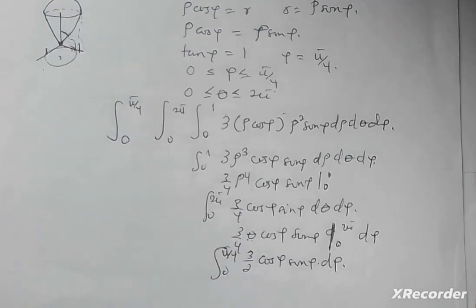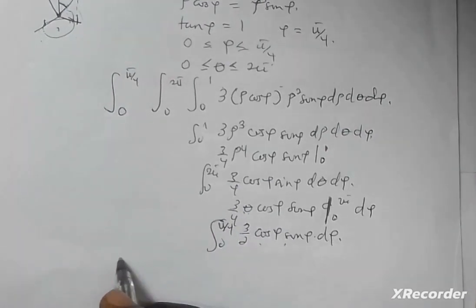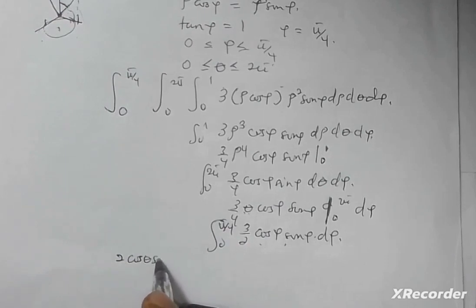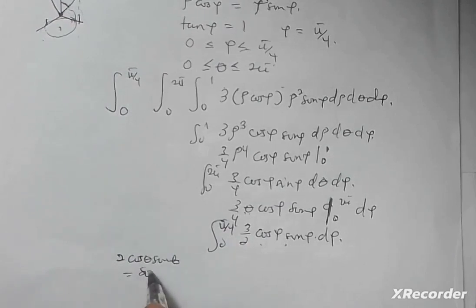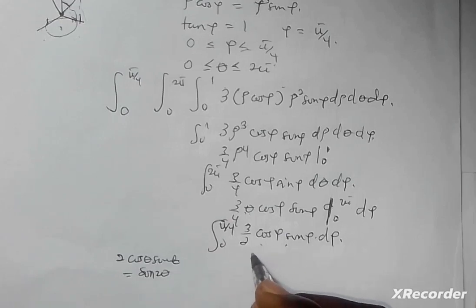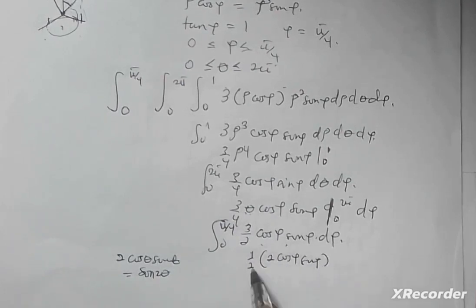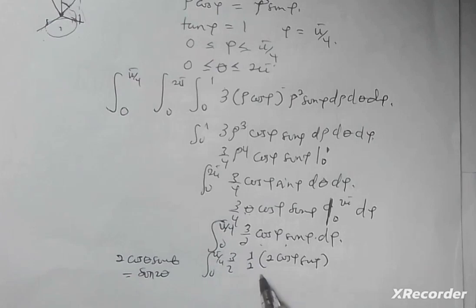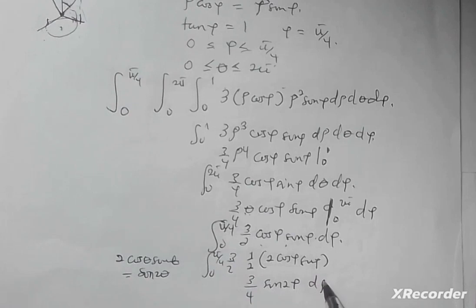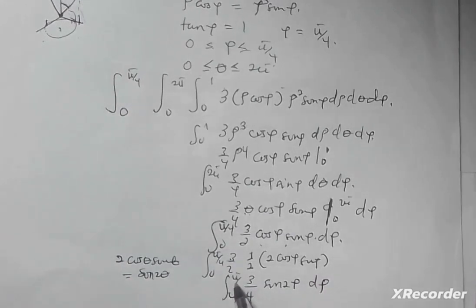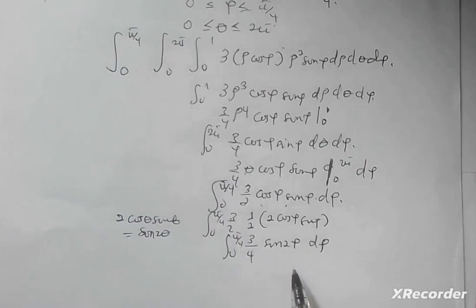Phi finally. Realize that if you have 2 cos theta sine theta, it is always equal to sine 2 theta. Therefore I can apply that here, so that I'll get 1 over 2 cos phi sine phi here. So these two cancel. Then I'll have my 3 on 2 here, integral 0 to pi on 4 here. So I'm finally going to get 3 on 4 sine 2 phi d phi, like that, 0 to pi on 4. Once I get this, I will integrate this with respect to phi, and I'll get 3 on 8, then